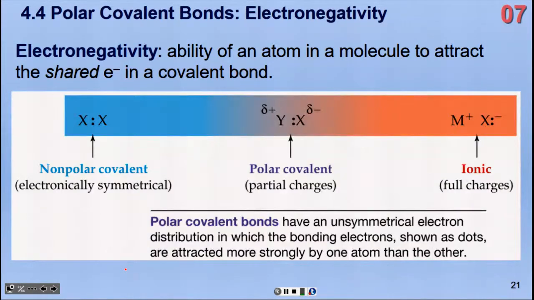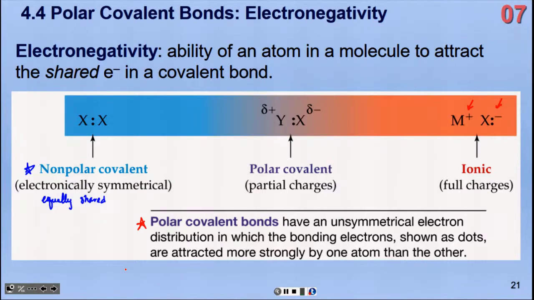So there is a spectrum of possibilities. They're seldom all black and white in these kinds of descriptions. There is such a thing as a nonpolar covalent bond, where things are exactly equally shared between two atoms. And then there's an ionic bond, where things are fully charged, fully positive and fully negative, with ions attracting one another between them. The polar covalent ones are the ones in between that we need to think about